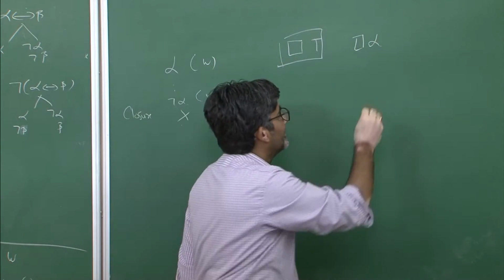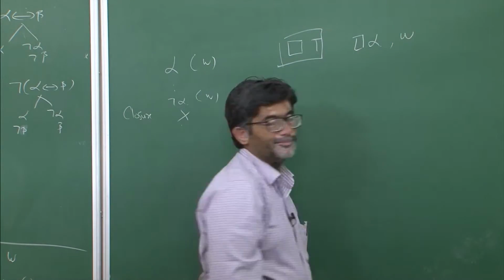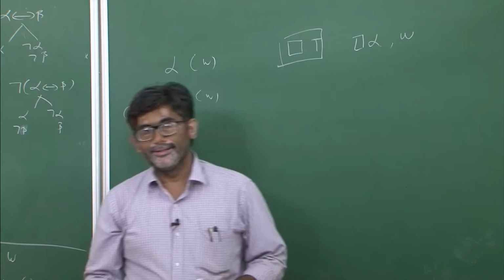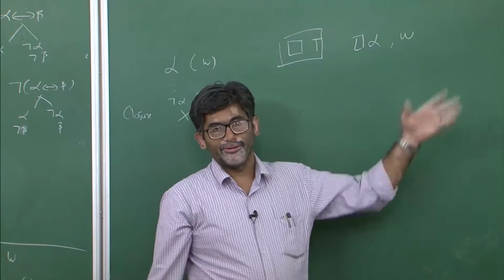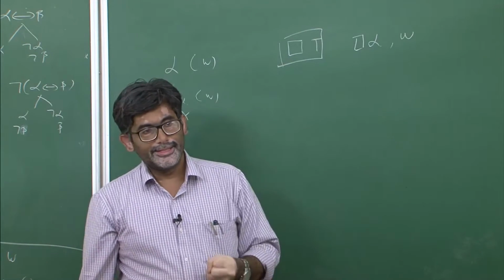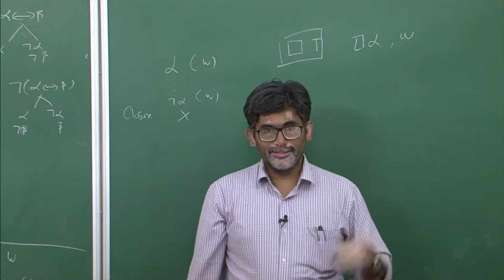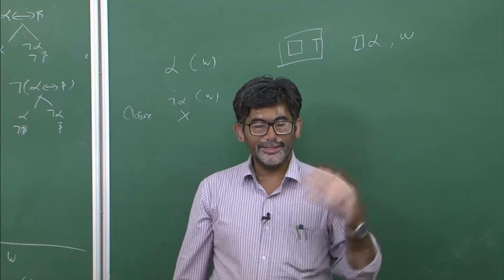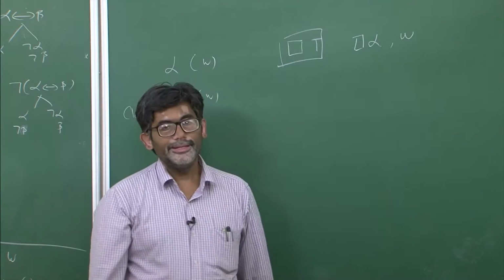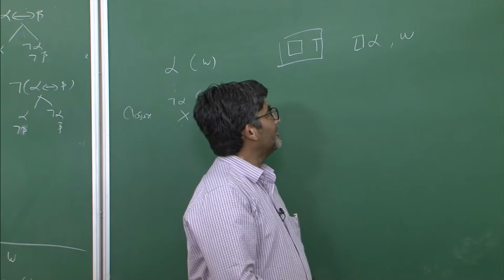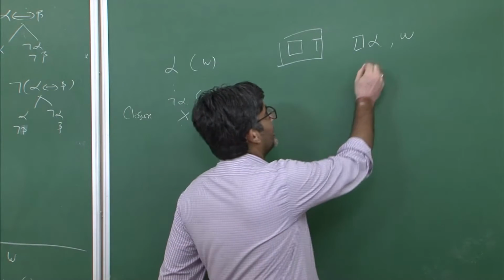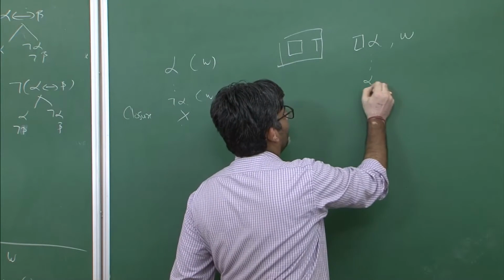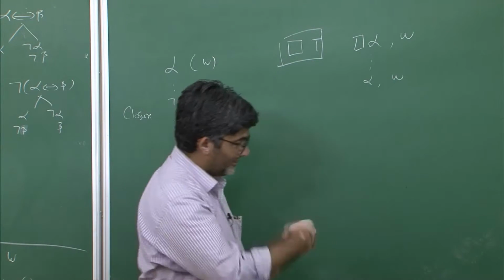Necessity of alpha is true in a world W. When we say that necessity of alpha is true in a world W, it means alpha is true in all the worlds that W has access to. If W has access to U, it has to be true there. If W has access to V, in V also this alpha has to be true. So now if you come across a formula necessity of alpha is true in a world W, then the T rule tells us that this alpha has to be true in that world itself.